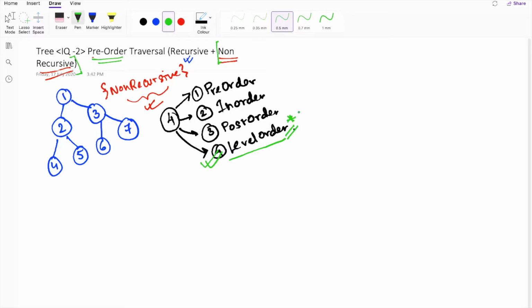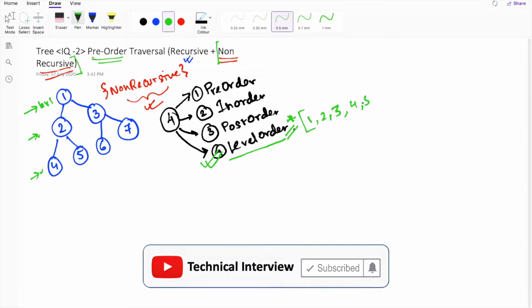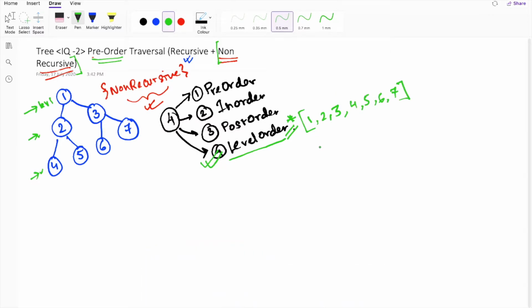As we have seen in our last video, the level order traversing of this tree was like we were traversing each node level wise. Means the output of our program was like first we were iterating level 1, that is 1, then comes the second level, that is 2, 3, and then comes the third level, that is 4, 5, 6, and 7. This was the way by which we were doing the level order traversing. But in pre-order traversing, the way of traversing this tree is somewhat different, because we don't traverse by level.